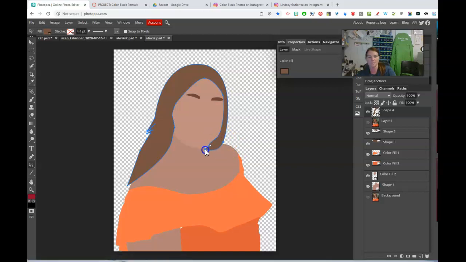But there you go. That's the basic gist of it. And then you can do whatever else you wanted to do to the picture. Oops, there's still a little bit showing there, but anyway. So there's going to be a lot of drawing, making paths, taking that direct select and touching things up, and a whole lot of picking the colors. But hopefully you have some luck creating a color block